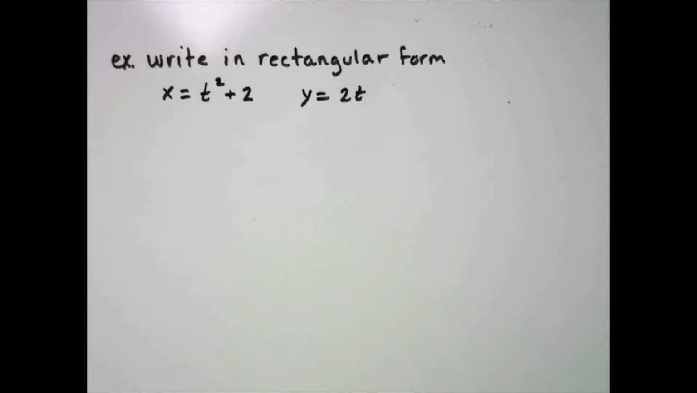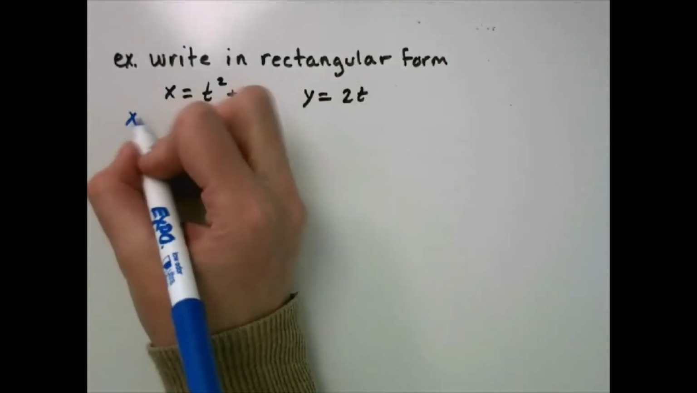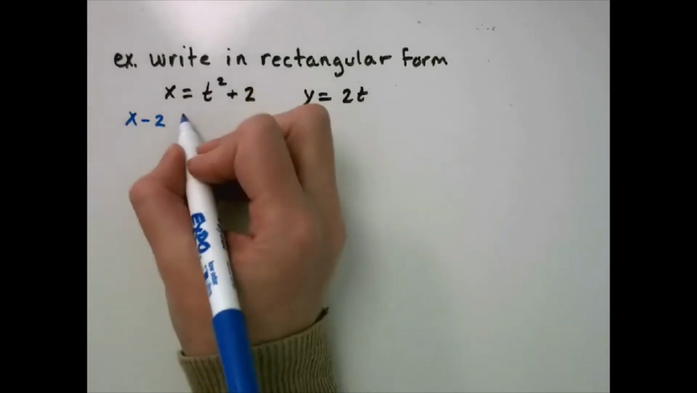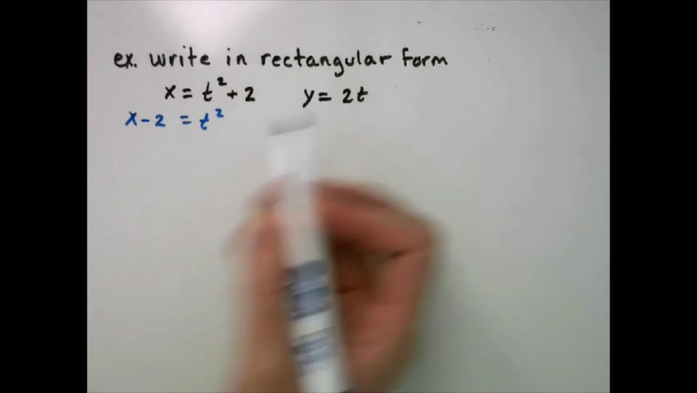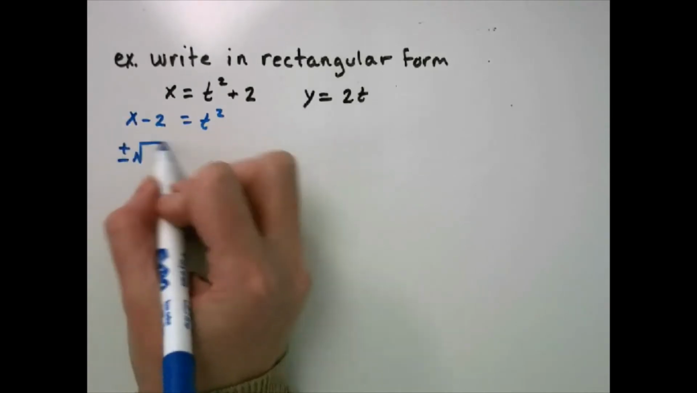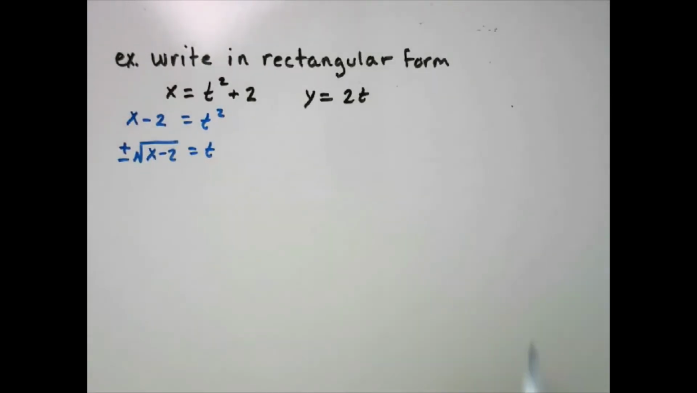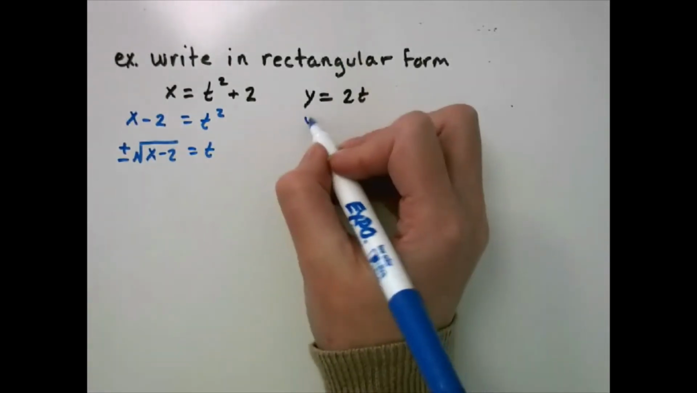All right, so we're going to write these parametric equations in rectangular form. So I'm going to take each of the equations and solve for t. So here I'm going to subtract 2. And then we're going to take the square root, but when we take the square root, it's going to be plus or minus. Okay, for this one, I'm going to divide by 2